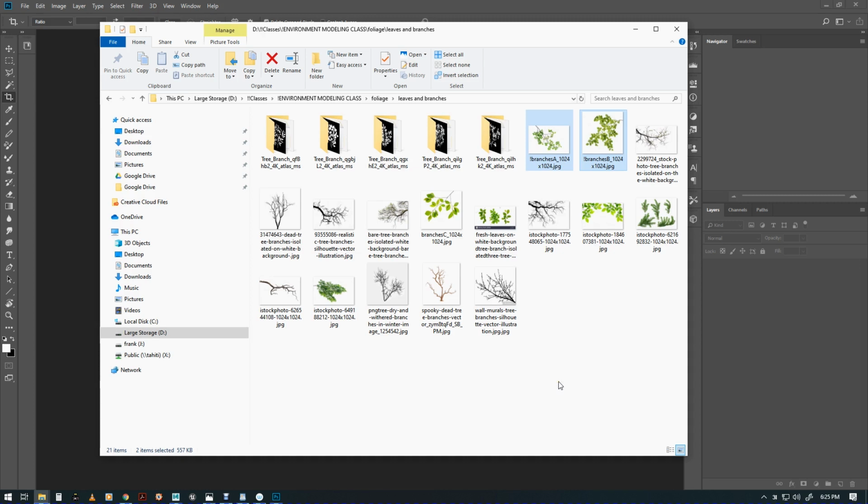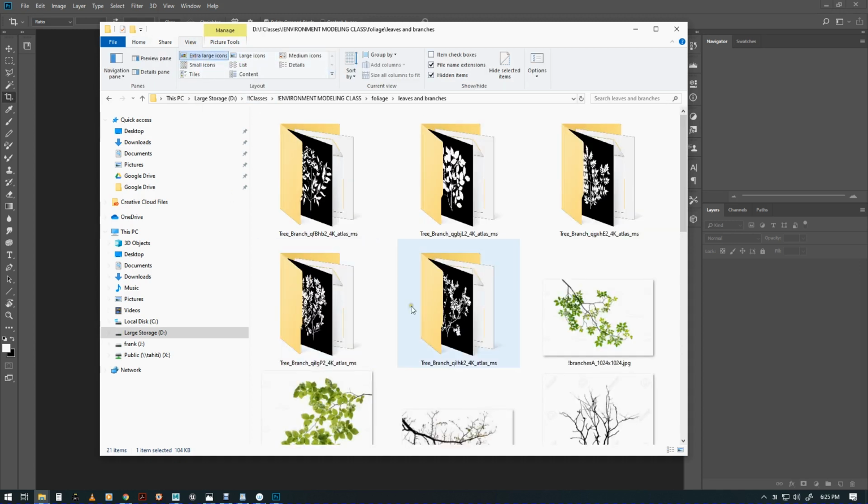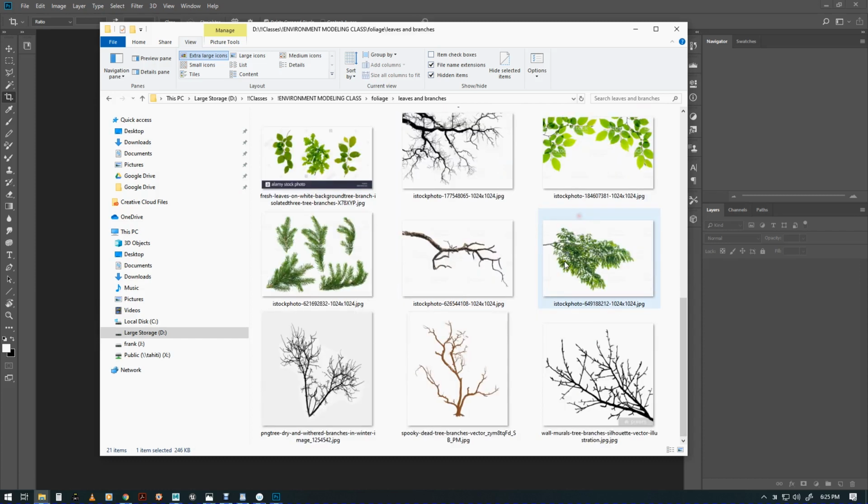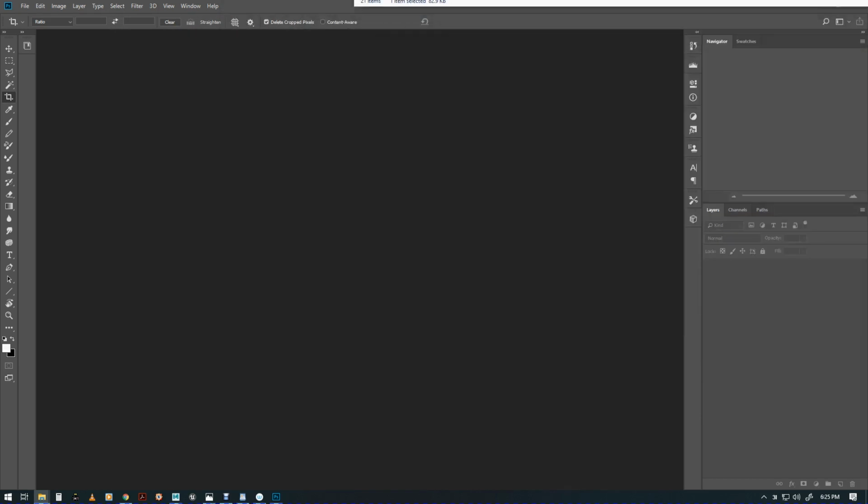Depending on what kind of a tree you have, like if you have a tree that's withered that has no leaves, you'll want to go with one of these guys, and we'll look at it a little bit larger. And then if you want one with leaves, you'll want something like that. Sometimes you're actually going to have to take some of these branches and add leaves to them. So I think what we can do